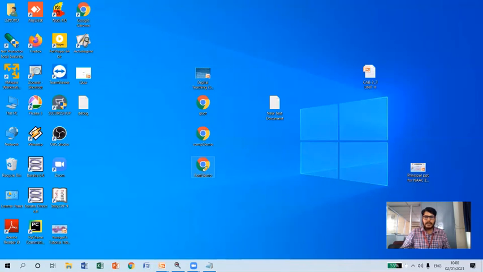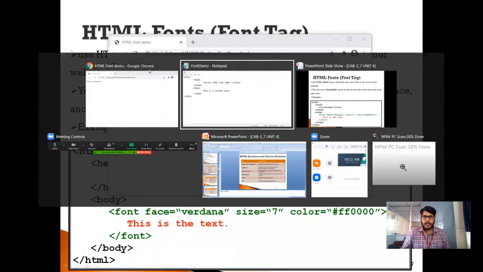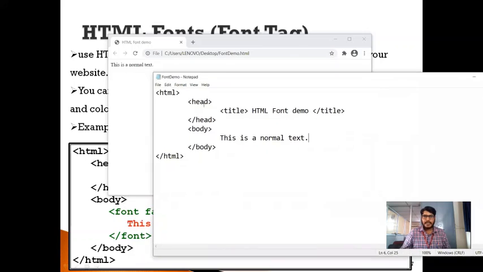Now let me double click on this. It will open a web page in which it is having the text as this is a normal text, because I have just included a normal text within the body part. Okay. Now I want to specify a different font style and size and also I want to specify the